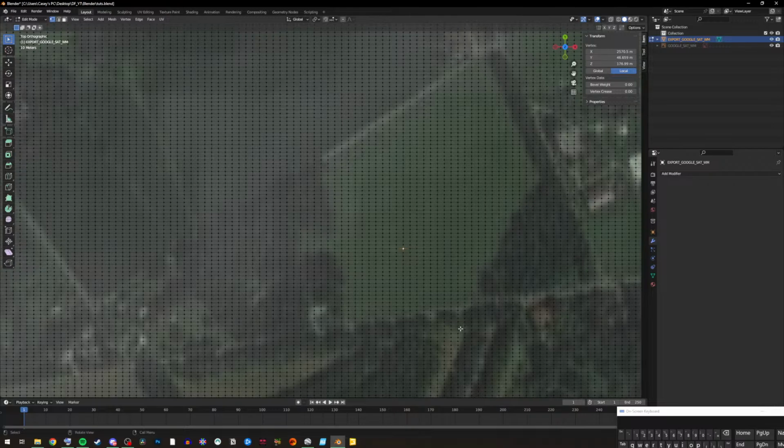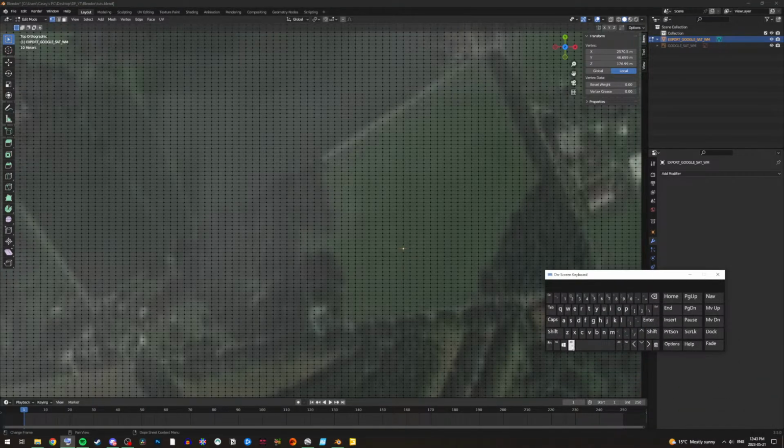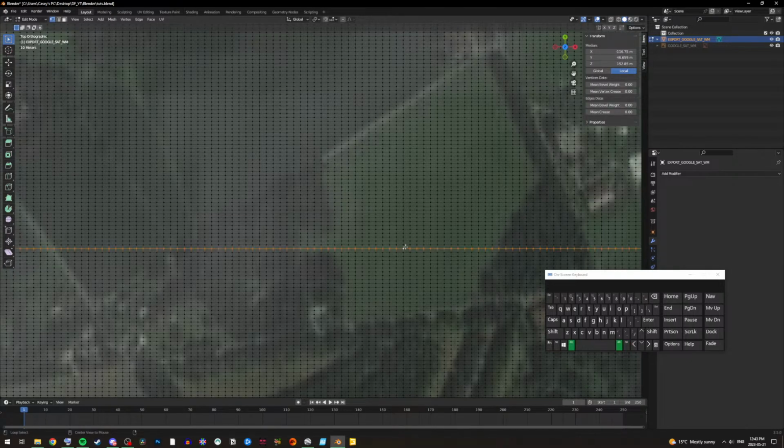So 2,570.5 meters. So that's good. Now we're gonna hit, I think it's Control, and click on the dot. No, it's definitely Alt. So Alt, click on the dot, and now it's going to start highlighting a whole